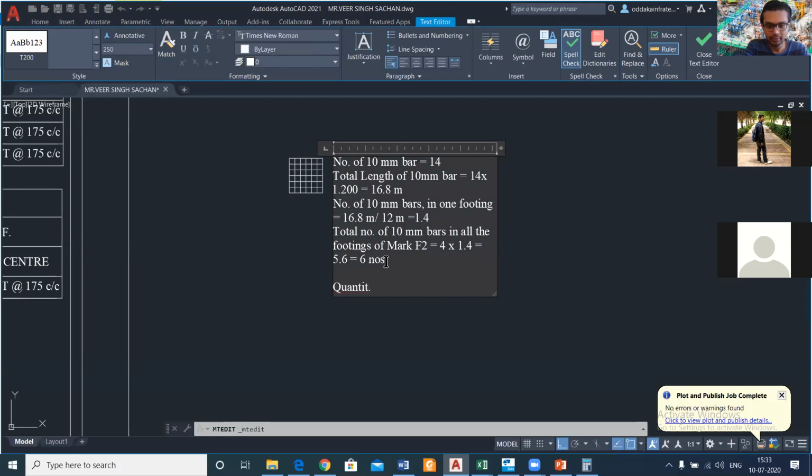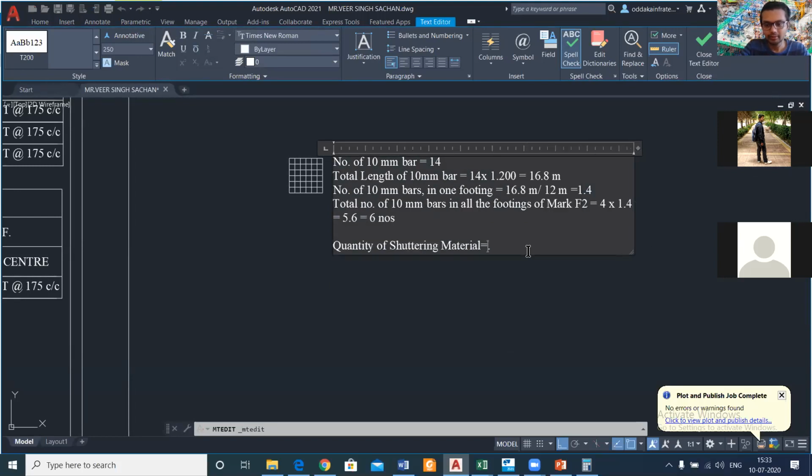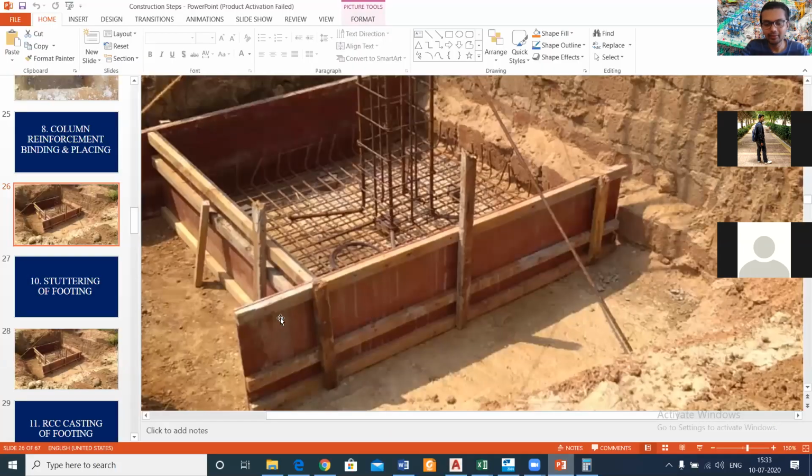Let me explain the concept behind this. It will simply be the area of this particular wooden or plywood.